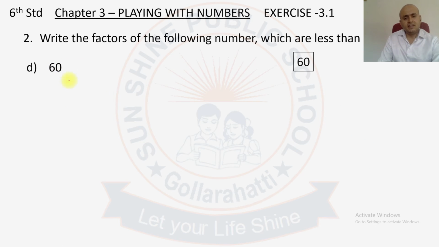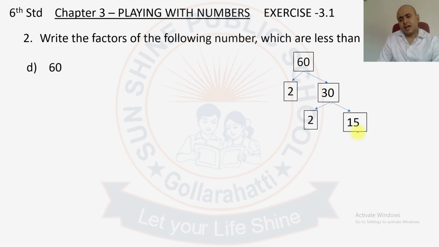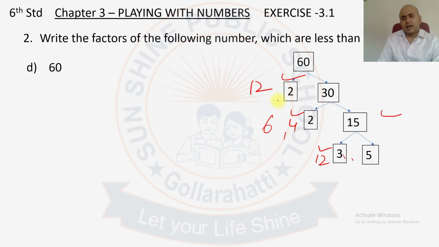Next question is 60. So 60, we divide by 2: 2 30s are 60, that is 2 3s are 6 and 0 as it is. Next, 30 divided by 2, 2 15s are 30. 15 divided by 3, 3 5s are 15. So these are the factors: 2, 2 2s are 4, 4 is a factor, and 4 3s are 12, 12 is a factor. 3 2s are 6, 6 is also a factor, 5 3s are 15 is a factor. So we got all the factors, but they asked for less than